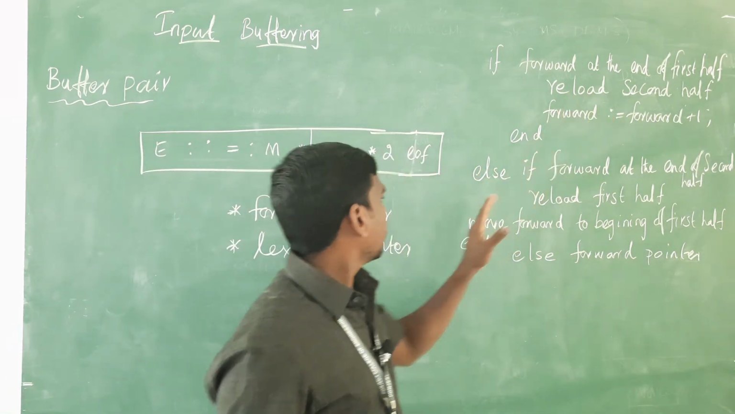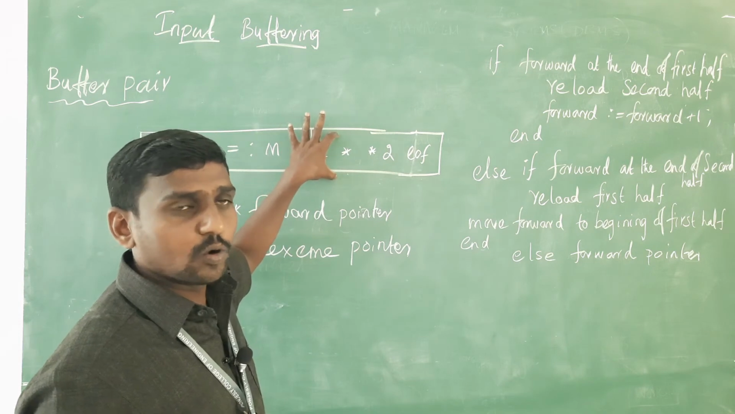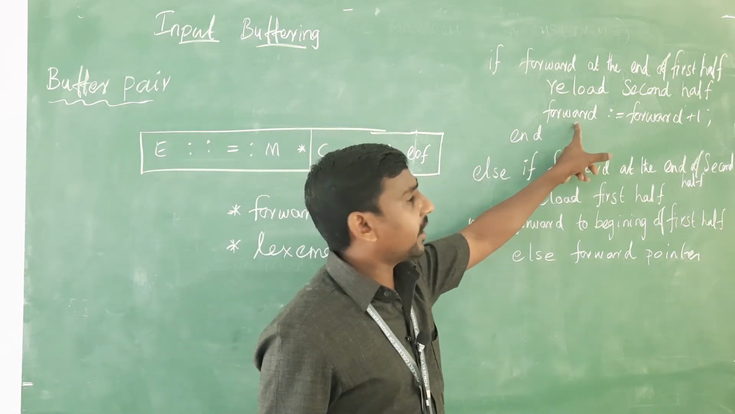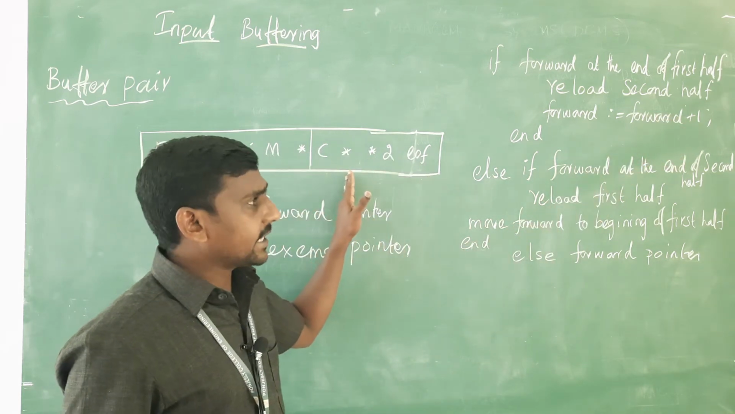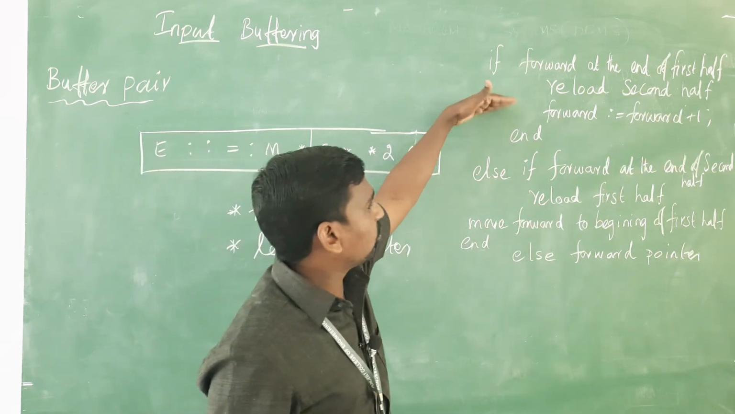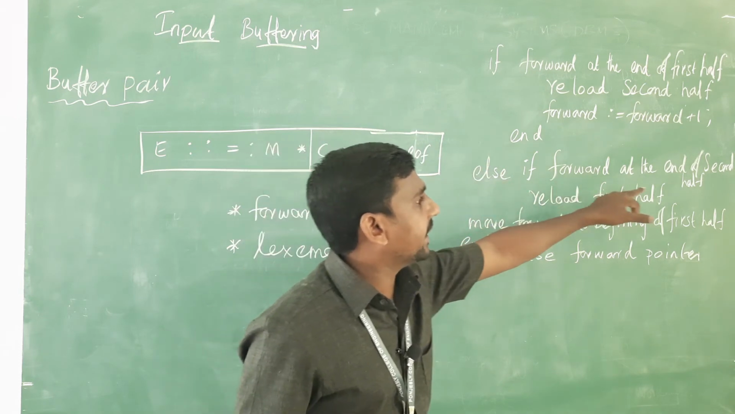Reloading the second half. Then what we are going to do is forward plus 1, moving the forward pointer to the second half. Clear? So that one is over, and if forward is at the end of the second half,